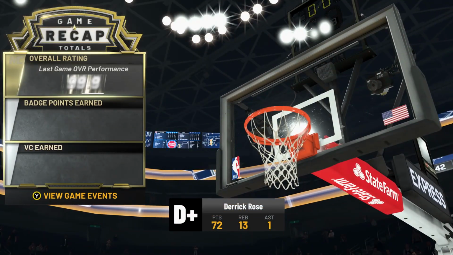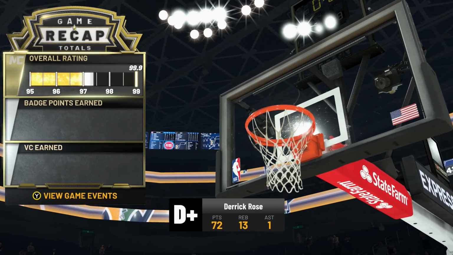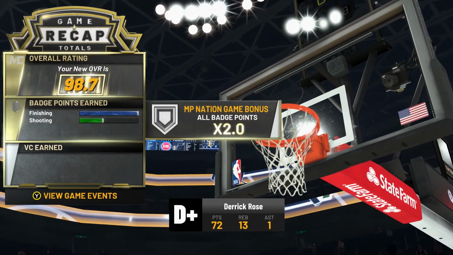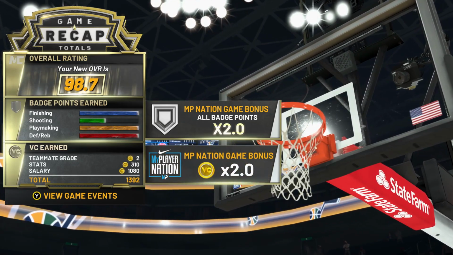So once you get to the end of the game, just go ahead and let the game finish out. Go ahead and let your overall finish out, same as last time. Go ahead and accumulate all of your badge points. Get your shooting, finishing, playmaking, defense, and rebounding. But once it gets to that VC and the VC starts counting,